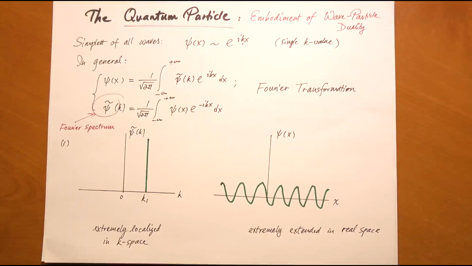In the previous lecture, we introduced the central idea of quantum mechanics, and that is wave-particle duality. So, in this sense, we talk about what's called a quantum particle, which is the embodiment of the wave-particle duality. We want to use a wave to describe this particle. And we all know that the simplest of all waves is a simple harmonic wave, and I can write down